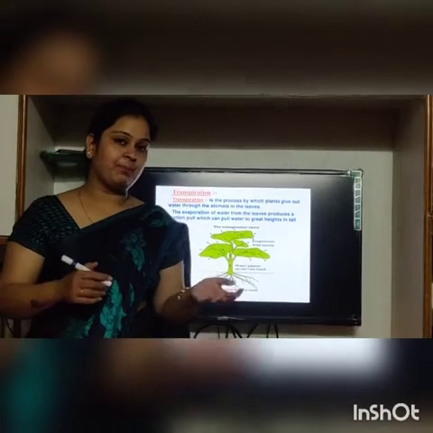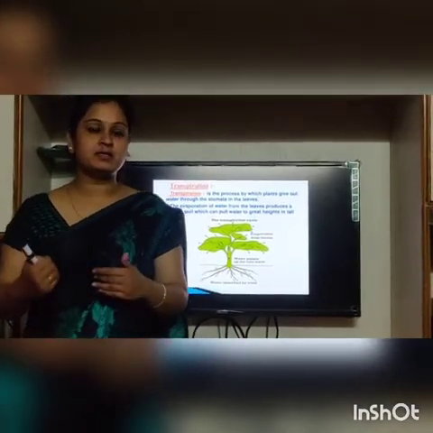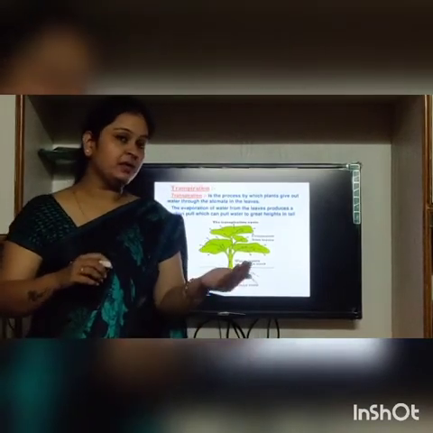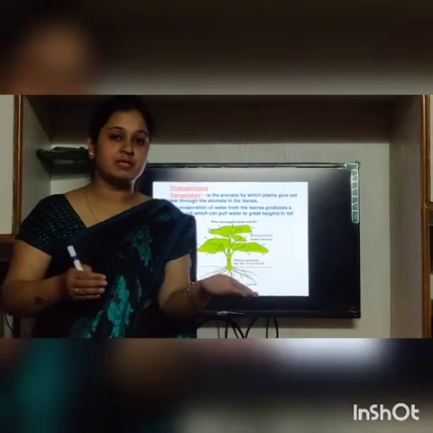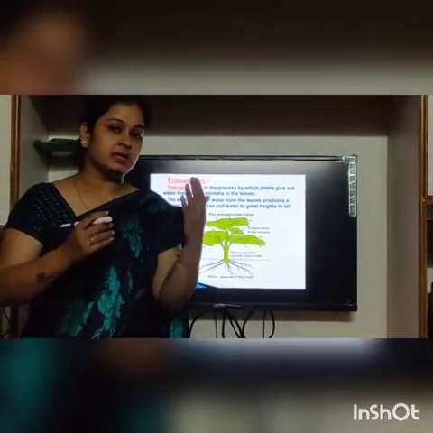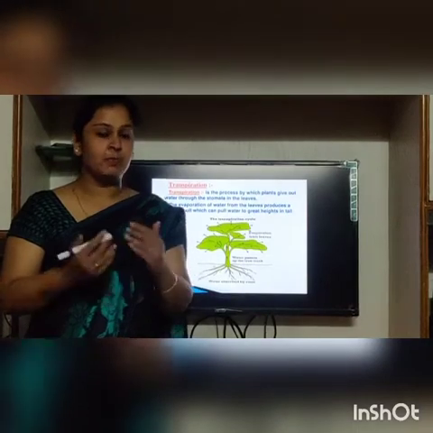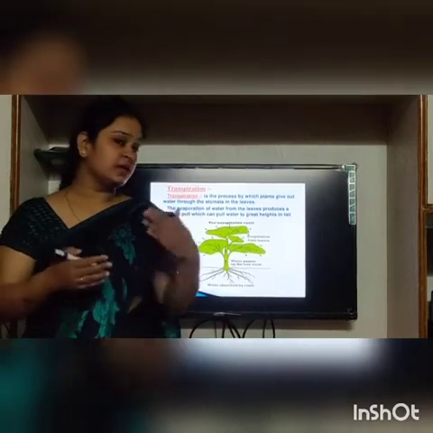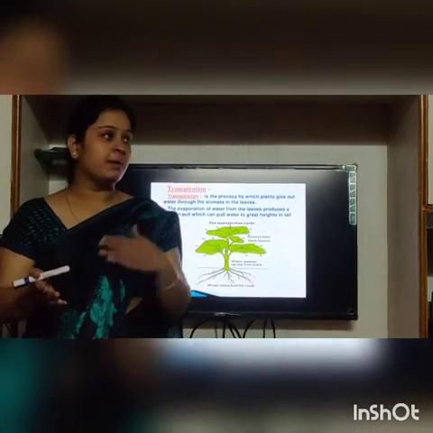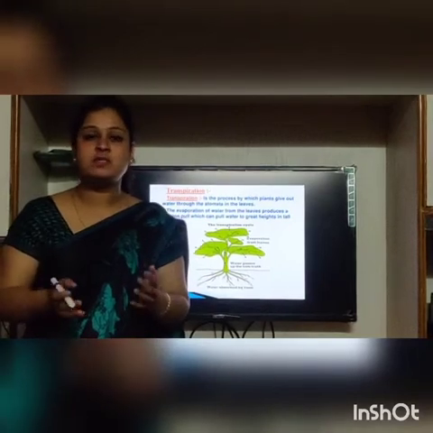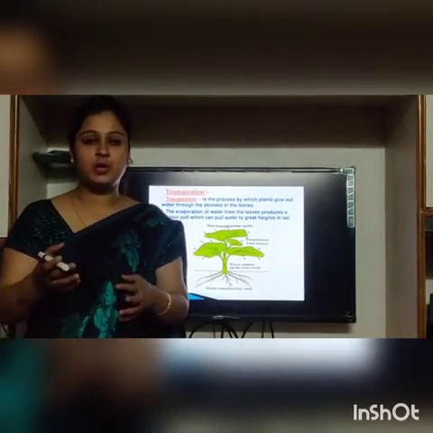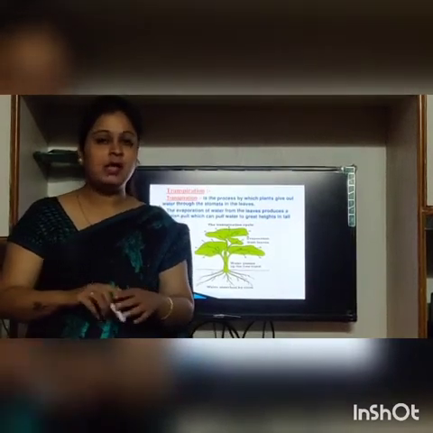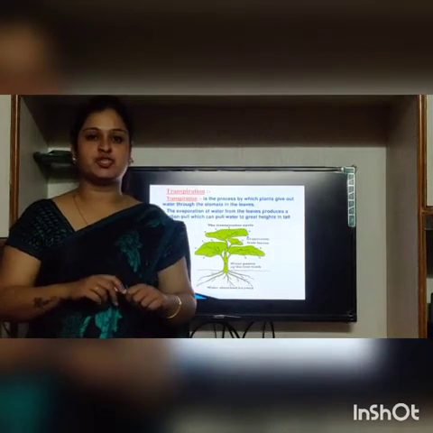I'll just give you a small example. If you compare a banyan tree and a cactus, the cactus will have the least amount of transpiration, but the banyan tree in comparison to the cactus will have maximum transpiration, because the banyan tree has broad leaves, but the cactus doesn't have leaves. Their leaves are modified to spines. So in the cactus there is no transpiration occurring, but in the banyan tree, because of the broad leaves, in the hot summers when the temperature is very hot, they are evaporating the water from the plant body in the form of water vapor, and the process is known as transpiration.